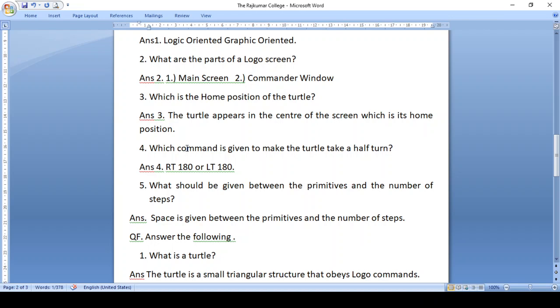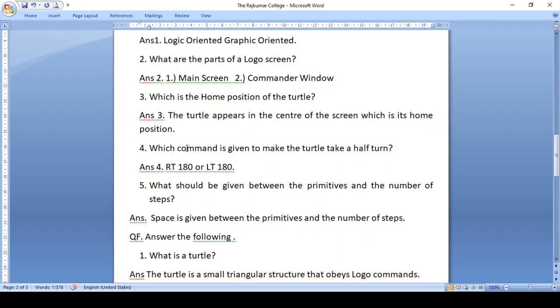If you want to do a half turn on the right side, then we do RT 180. Okay. If you want to do it from the left side, then it will be LT 180. But whether you turn from right or left, the position of the turtle will remain the same. Okay, it will come to the same position. If you turn 180 from the right side or from the left side, the turtle will come to the half turn position. You will not know whether it was turned from the right side or the left side. So that way it turns to a half turn.